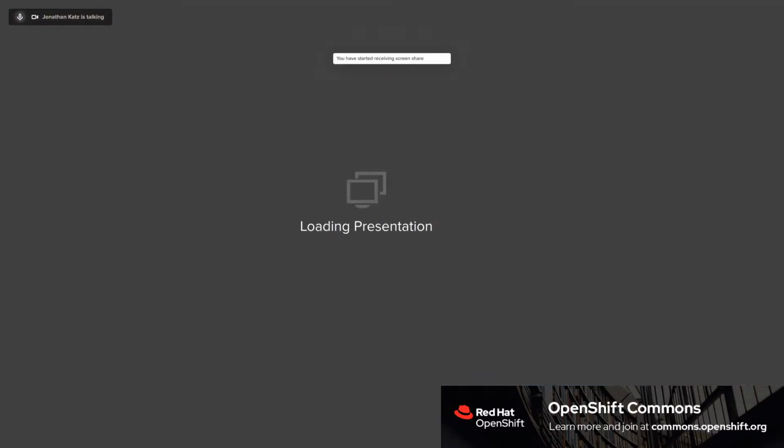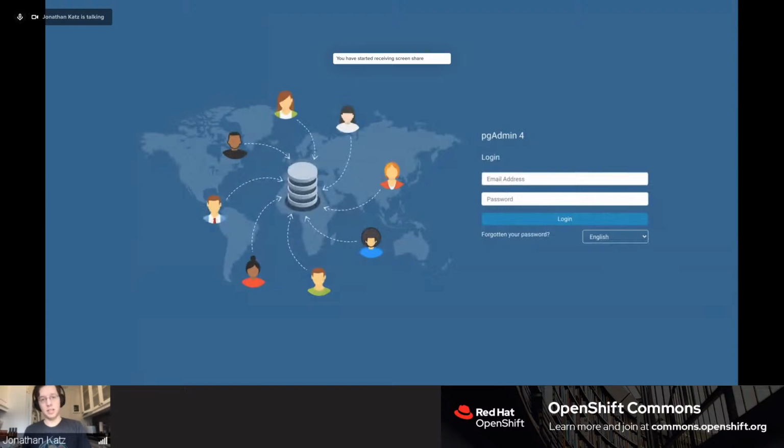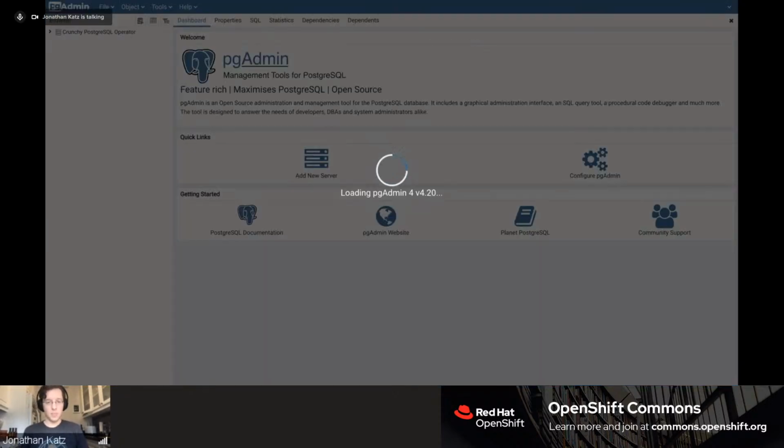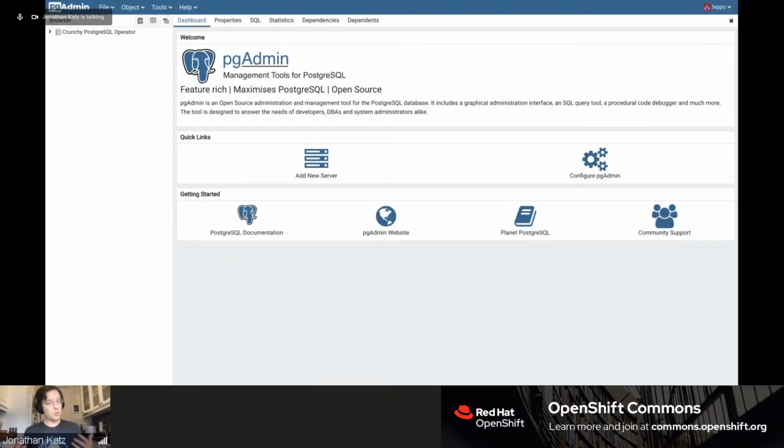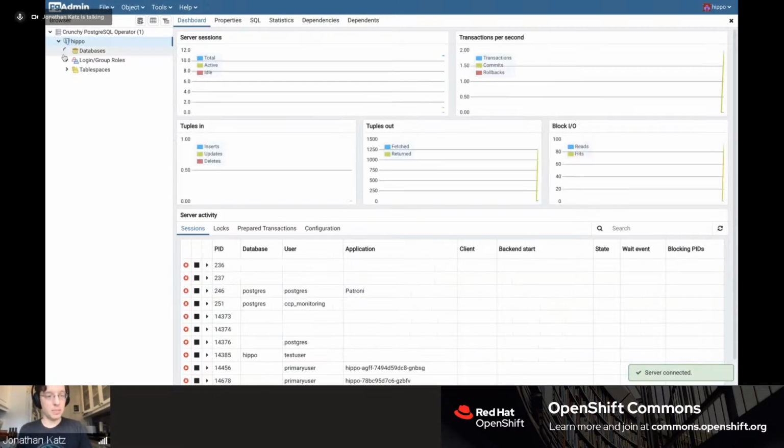All right, so this is pgAdmin. As I mentioned, it's a popular user interface for interfacing with Postgres. So I'm going to create a new user. Call the user Hippo. And voila. This is cool because this syncs with the administrative dashboard. I can very easily log into my databases